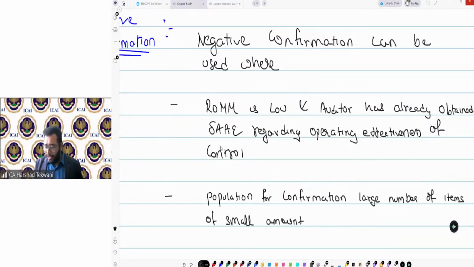Let's say, for example, when I talk about a large number of items of small amounts, you are a store which is selling goods on credit to the public who have an account up to a limit of rupees 1000.